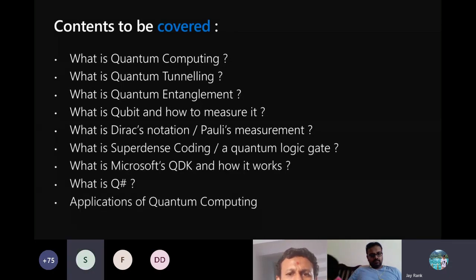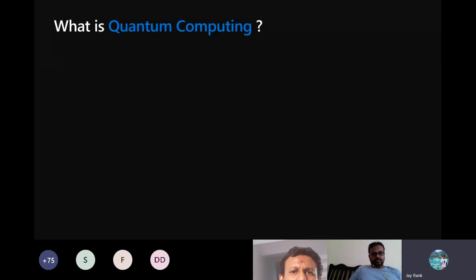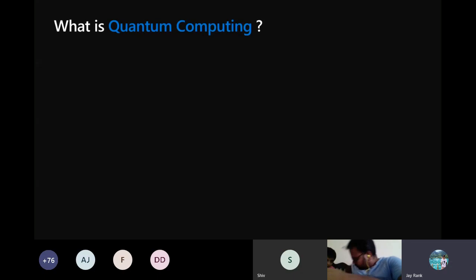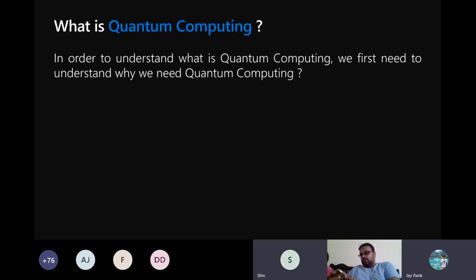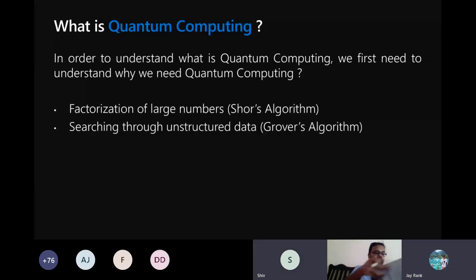In order to understand what quantum computing is, I think we first need to understand why we need quantum computing. Factorization of large numbers into their prime factors, which can be done using Shor's algorithm, which we will cover in the next sessions. Searching through unstructured or unlocalized data, where Grover's algorithm can be used.